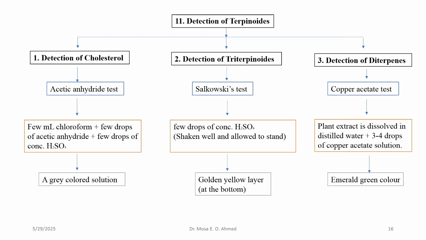While diterpenes can be detected by using a qualitative test, which consists of 3 to 4 drops of the qualitative solution added to plant extract dissolved in distilled water. In case of presence of diterpenes in the plant extract, an emerald green color is produced. Emerald green color, or green color of emerald, means